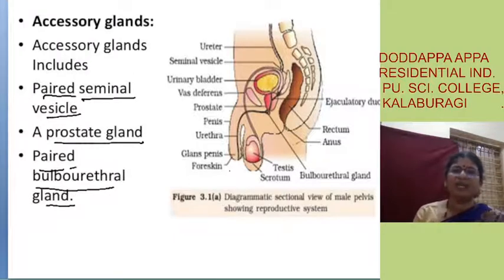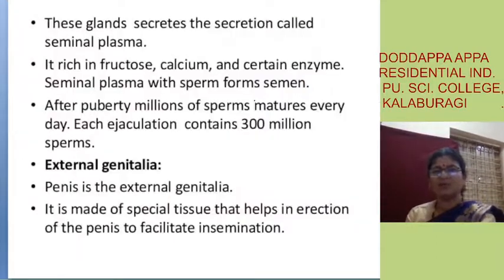The position of these glands you can see in the diagram. There you saw, and here also you can see. Cursor will not come immediately. So here a small structure which is called bulbourethral gland, and see here, this structure, what is this? Prostate gland, and this structure is the seminal vesicle. It is the side view which is given in your NCERT. Now let me go to the next slide.